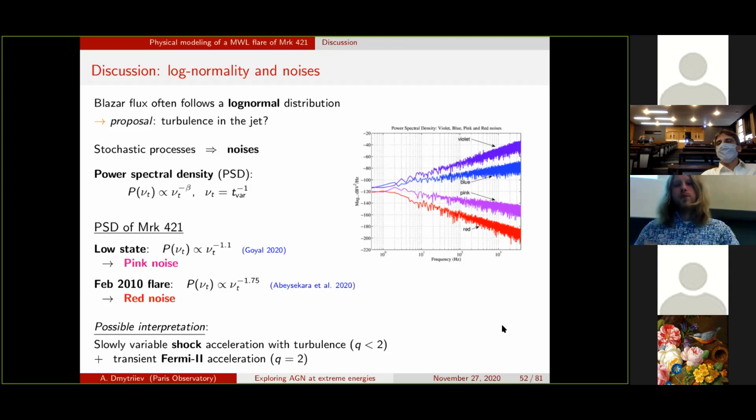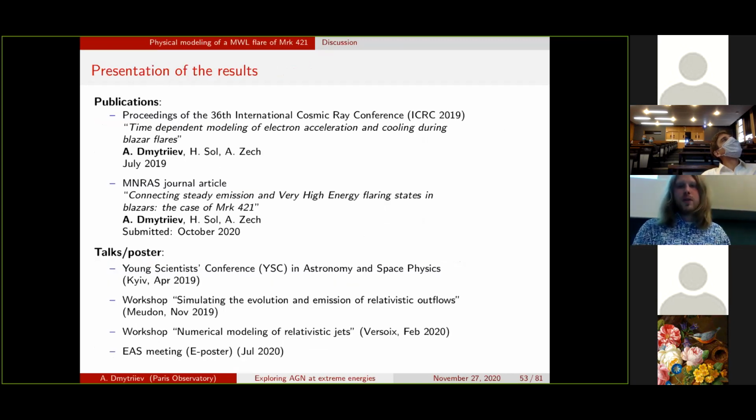And we propose that this might be due to the slowly varying shock acceleration in the low state with superimposed transient Fermi-2 acceleration in hard sphere approximation, justifying our choice of hard sphere approximation. So these results were published in a number of